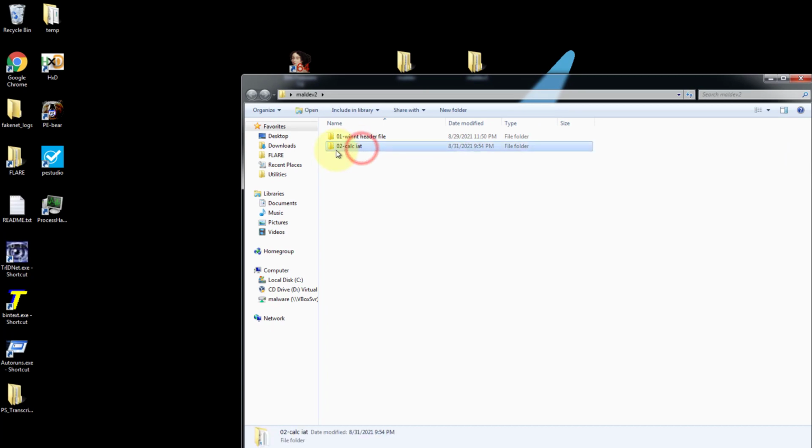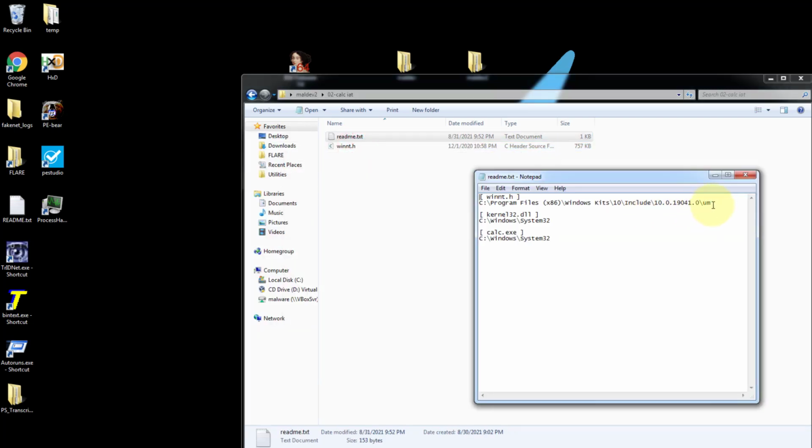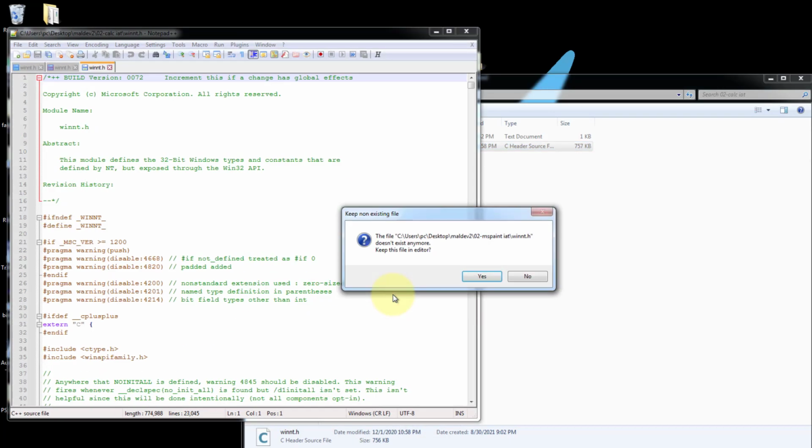So go and download this project 02 Calc IAT, unzip it, put it in MailDev2 folder, and inside here you will find there's already a WinNT header file. If you open the README file, you can see the location where you can get it from, and also the location for Calc EXE. So let us open WinNT with Notepad++,